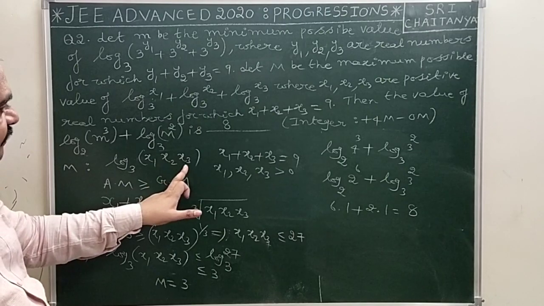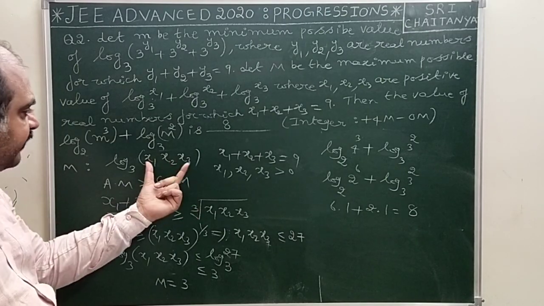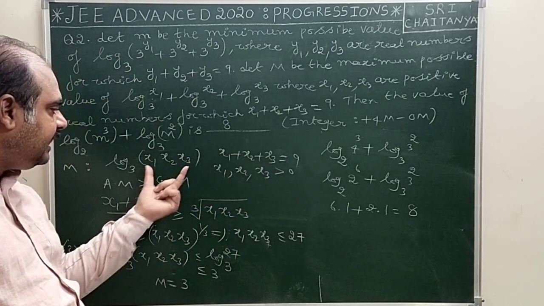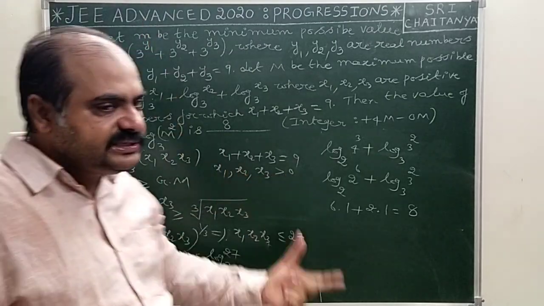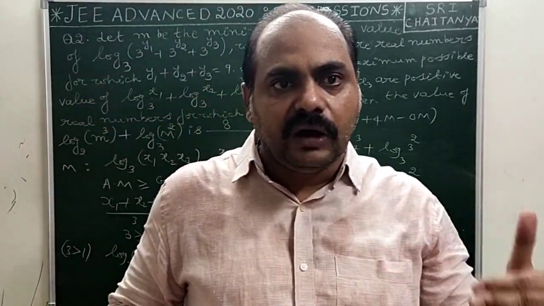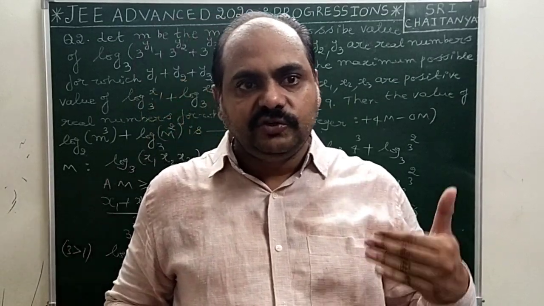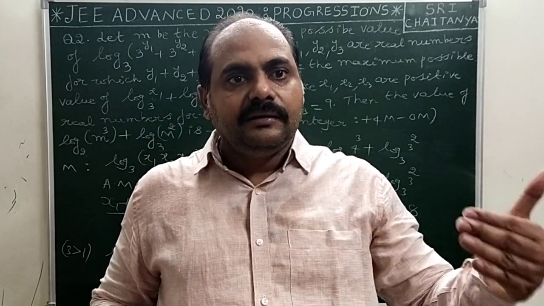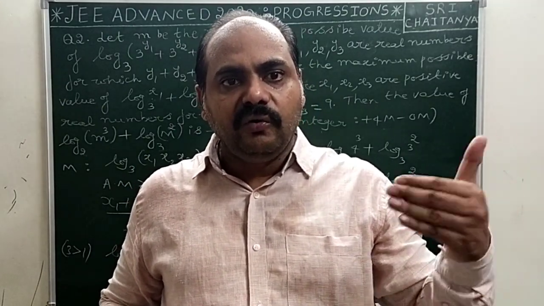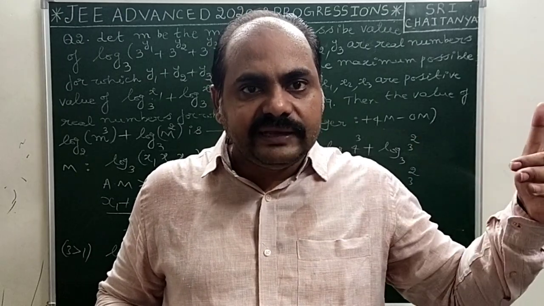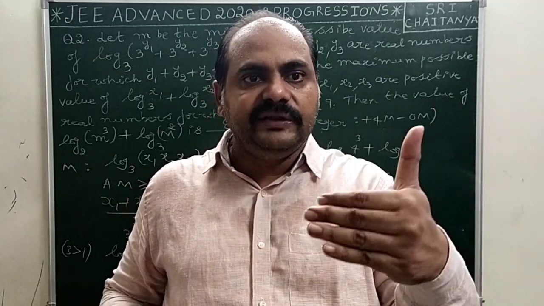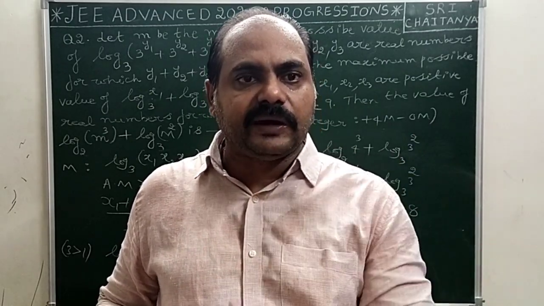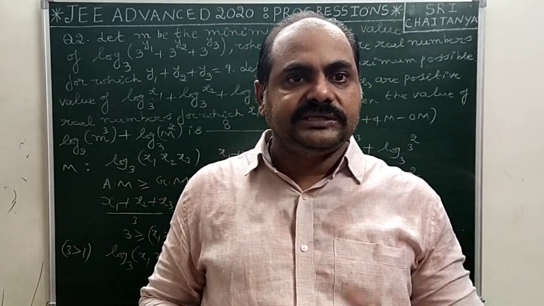This is nothing but the logarithm of a product. So you want the product given the sum. If the sum is there and you want to know about the product, AM greater than or equal to GM. This is a simple problem only, but you have to apply multiple concepts. First you must get an idea to which numbers AM-GM must be applied, and then how to apply logarithm to the inequality. If the base is greater than 1, always the same inequality. If the base lies between 0 and 1, then whatever the inequality is, that will be interchanged after applying the logarithm.